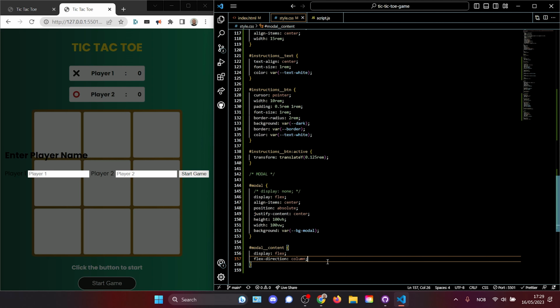and let's see what we called it. What did we call square 1? We can close the modal, we can close the instructions, we can open the grid. We called it grid square 1, so let's copy that and paste it in here and save. Let's see if we have properly targeted our square. Let's try to console log square 1